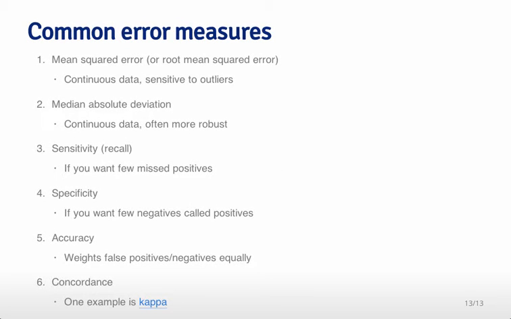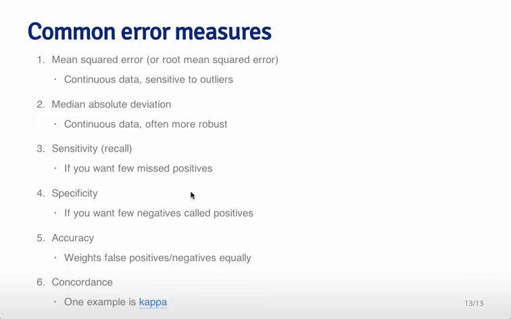So for continuous data, people often use either the mean squared error or the root mean squared error, but it often doesn't work well when there are a lot of outliers or the values of the variables can have very different scales, because it will be sensitive to those outliers. For example, if you have one really, really large value, it might really raise the mean. Instead, what people often use is the median absolute deviation. In that case, they take the median of the distance between the observed value and the predicted value, and they use the absolute value instead of the square of the value. So again, that requires all the distances to be positive, but it's a little bit more robust to the size